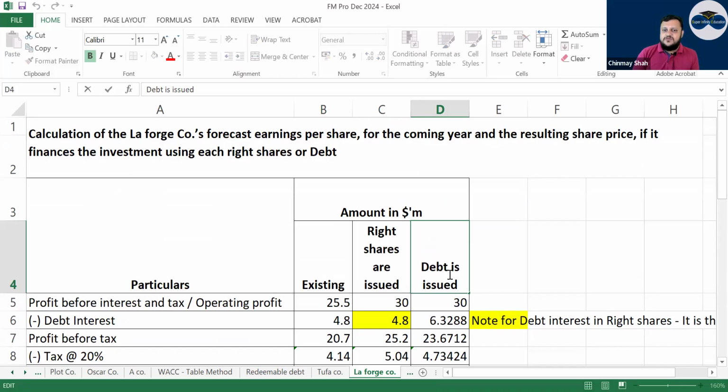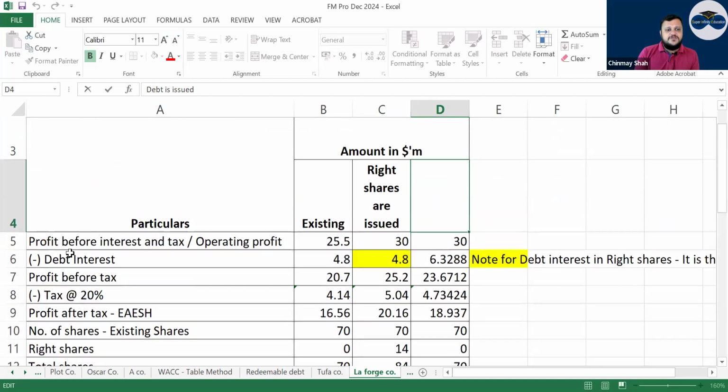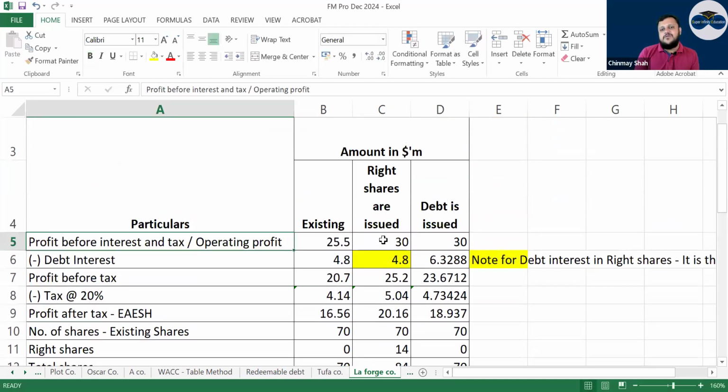Now when they say rights share issue, correct? Logically in a rights share issue, the number of shares will increase, correct? The amount that is raised will be invested into what? Tell me. Your non-current asset, correct? And what will they do? They will say find out the EPS and market value of share if the P/E ratio is given. So they'll give you this PBIT and they will tell you to calculate what is the impact on PBIT of raising the amount with rights shares or with what? Debt, right? So you have to analyze, right?